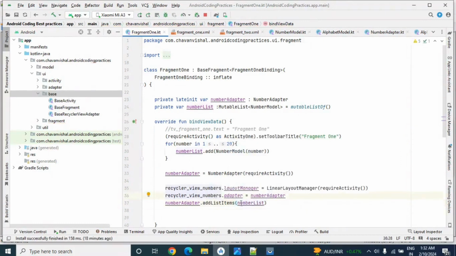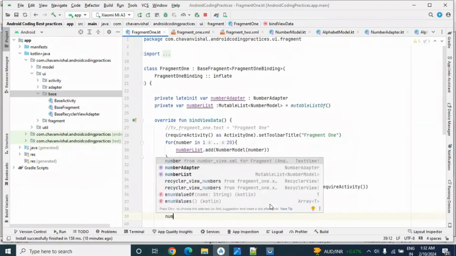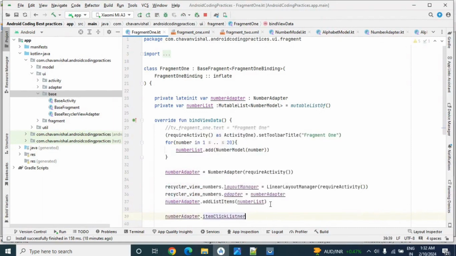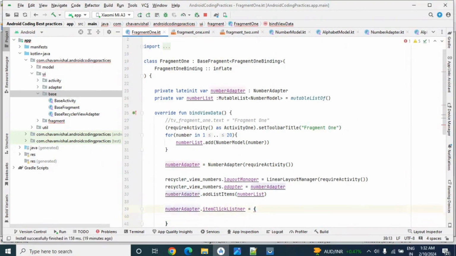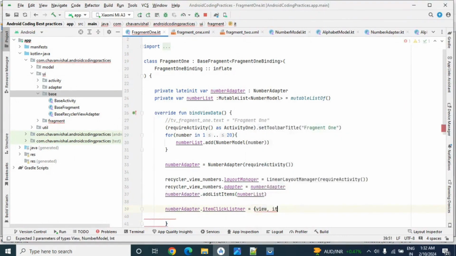So this array list we are passing to the BaseRecyclerViewAdapter. Now let's implement the click listener also here: numberAdapter dot itemClickListener is equal to. We have three parameters: first one is our view, second one is our item, and third one is position.